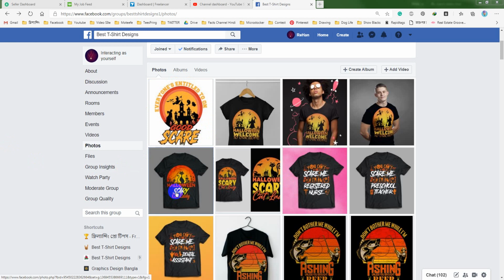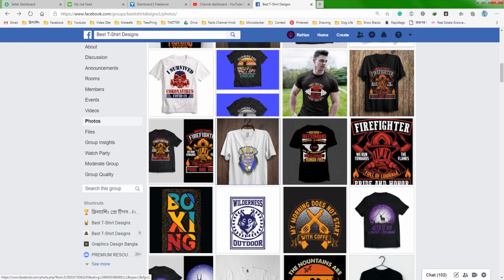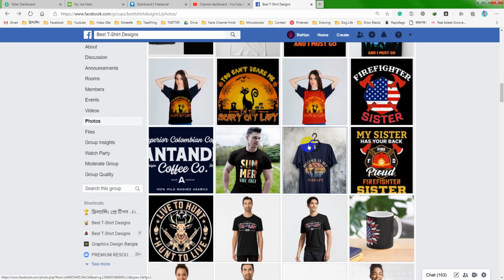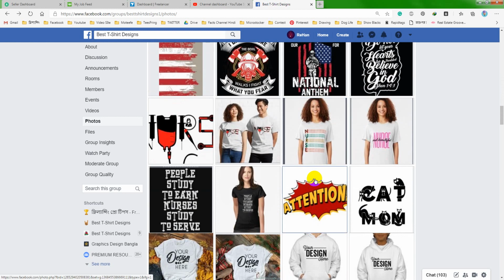So this one here is the main problem. When you are a beginner and trying to do something like this, first of all try learning some text effects. Like this design here, this is a good design, but this text is not looking good because it should fill this area. The shapes are good, but the text is not good. So this is the main problem of beginners' designs,